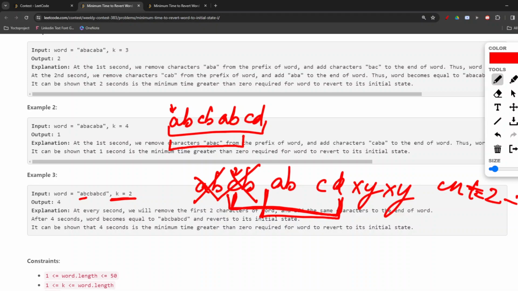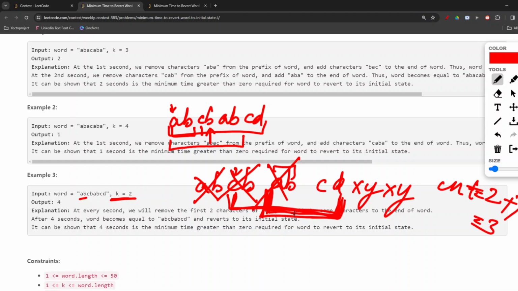Now we will be comparing this remaining substring. And now if we compare for this AB, it got matched, but for C, although it got matched, here it is B, right? So again it was not a match. So again we will be removing this, and now the count becomes 3,